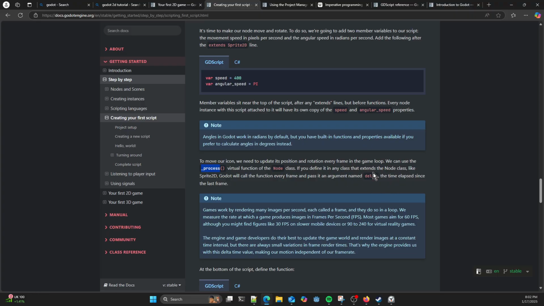It also gives us a delta, which most game engines work with, and basically that will be the time elapsed since the last time it called it, and that allows the physics and animation to take account of the fact that not all systems run the same. If you've got a stupidly fast machine, that delta will be smaller. If you've got a really slow machine, that delta will be higher. But if you don't take that delta into account in your physics and your animations, then you would have an advantage, or things would look very different and a lot faster on a super fast machine compared to a slow machine. So most engines provide that delta.